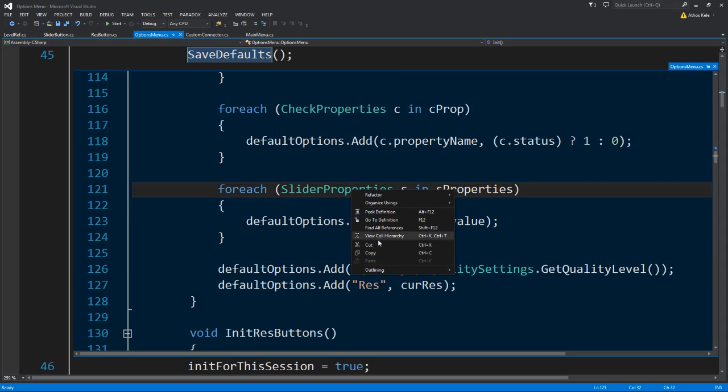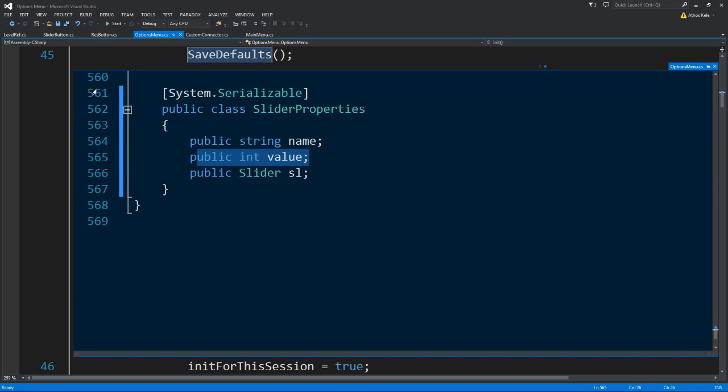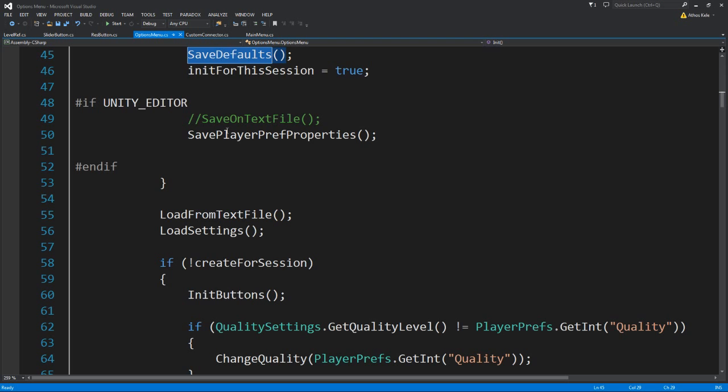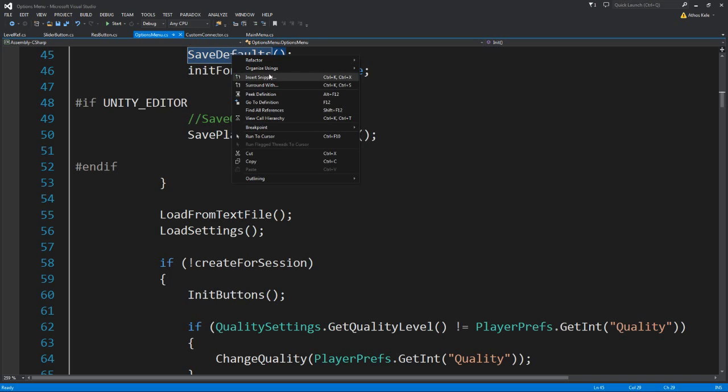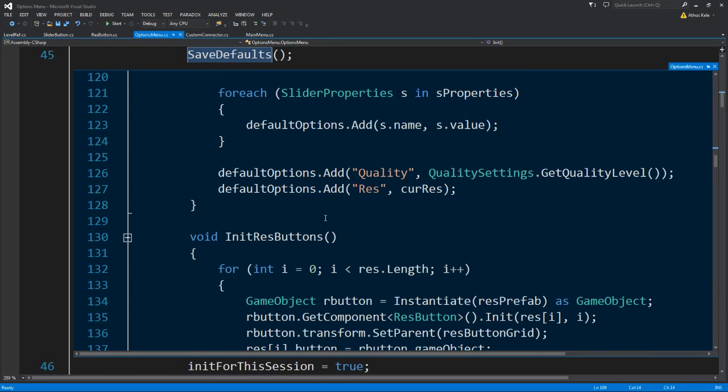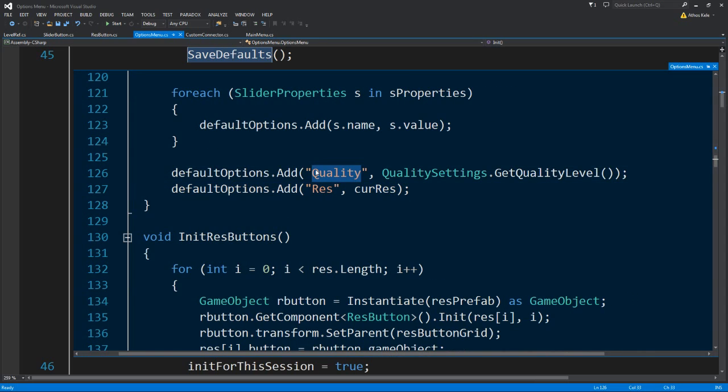And assign my slider definition. Okay, I have it as an integer. Then I need to add the other two special cases I have, which is the quality, and I just use QualitySettings.GetQualityLevel, which is Unity's own API. Okay, so if it's at the fantastic quality level, then this is going to return 5,